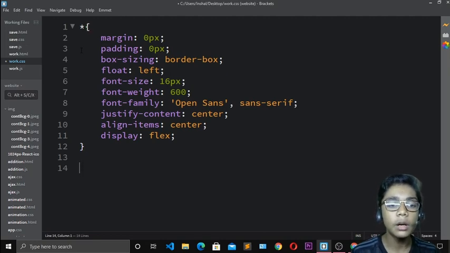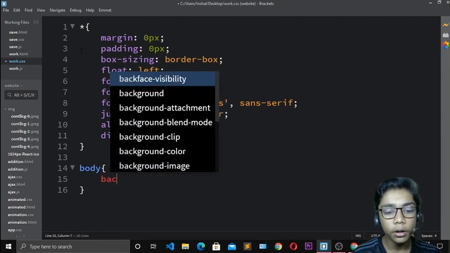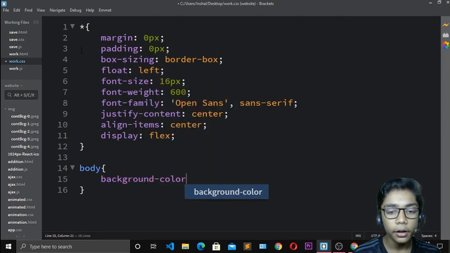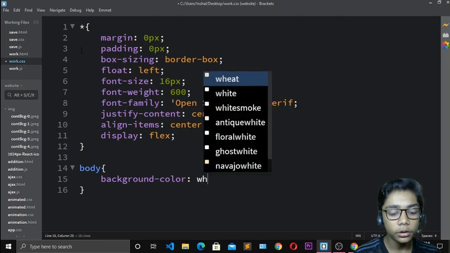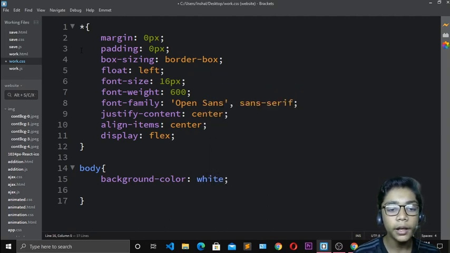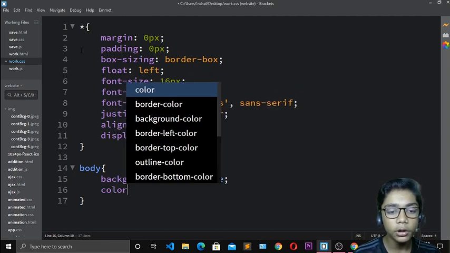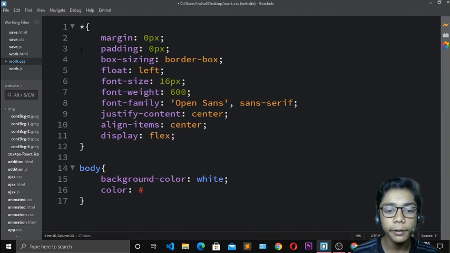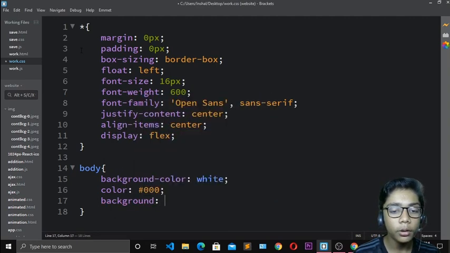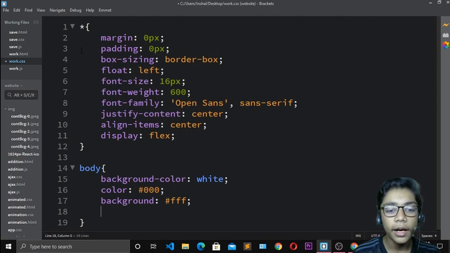Now come over here and write body, and in the body I will write background color, which I want of white. So I will take it to white. Come over here and write color only, because it is the color of text which we are defining when we write any color code. Now I will write this because it is a color code of black, which we have written hashtag 000. Now when you've done that, write over here only background. Now we will define background color, which should also be white. So I will write color code of white, which is hashtag triple F.